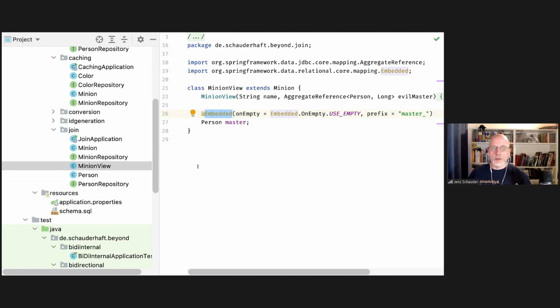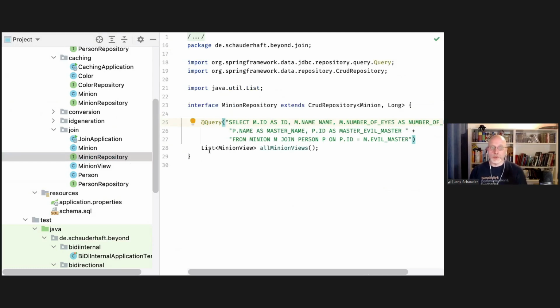I could now create a minion view repository and have it map to a view, or in this case, I chose to just add a method on the minion repository that returns a minion view and just spell out the select that I need to load the data. Yes, this is a little additional work,